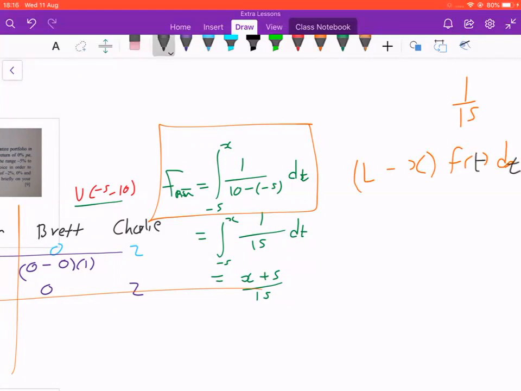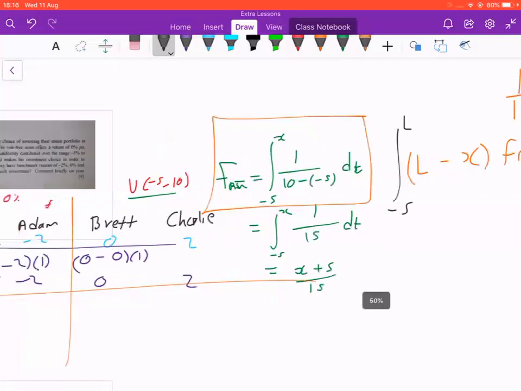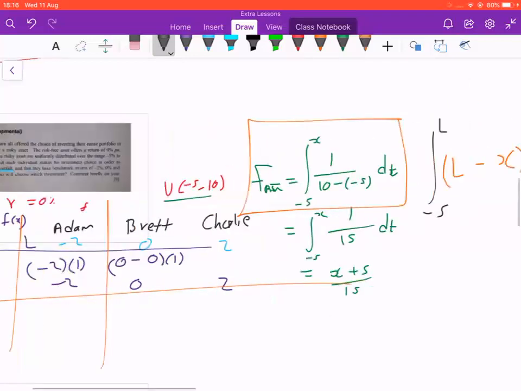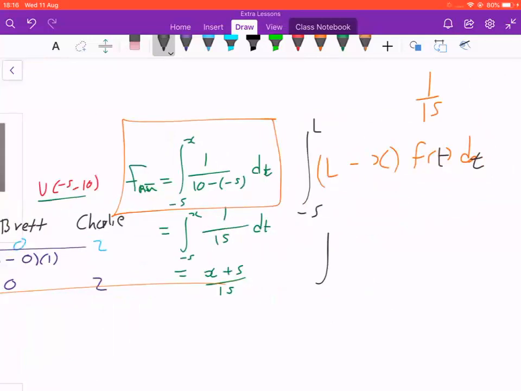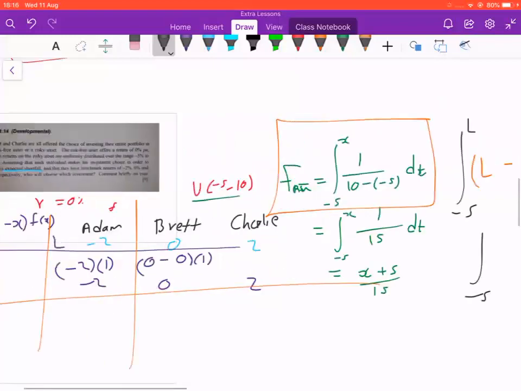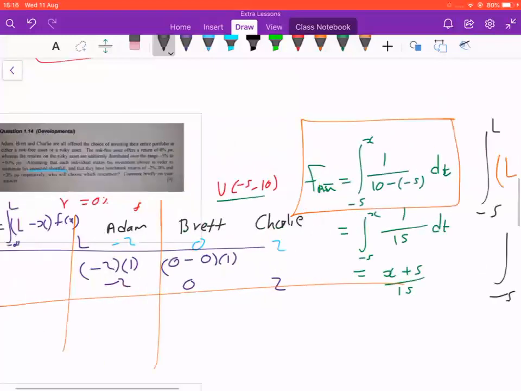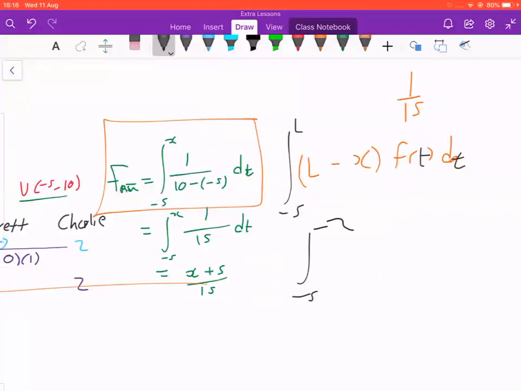F of t from -5 to L, right? So if this is the case, you can see that for someone like Adam, whose benchmark is going to be 2, you will have the integral from -5 to -2, right? It's going to be -2. And then you start to solve for this thing. And then you will have this one, f of t dt